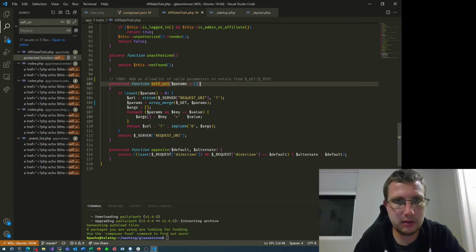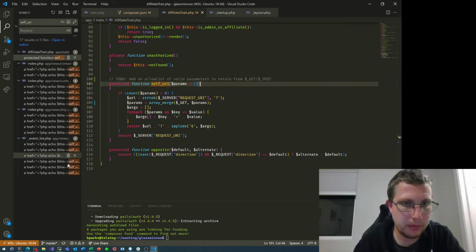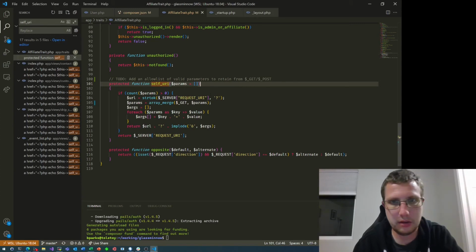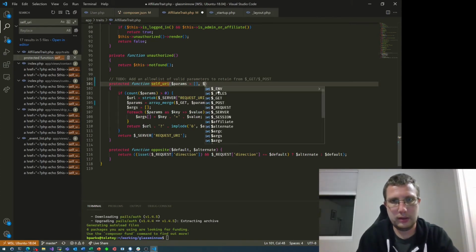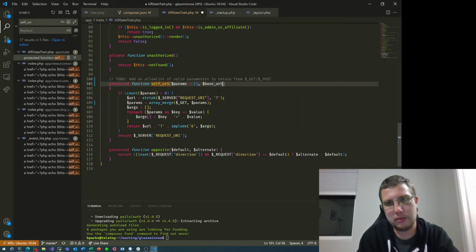Let's see how many places we are using this. It's a few. So let's actually set this to base. Let's add a parameter here, Base URL. Base URI. And let's give it a default of